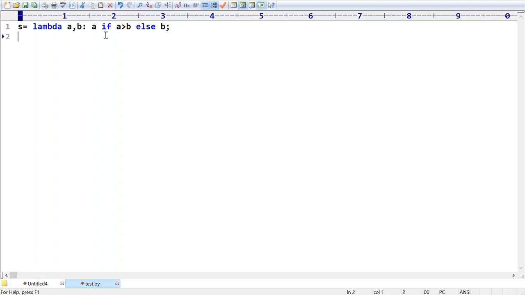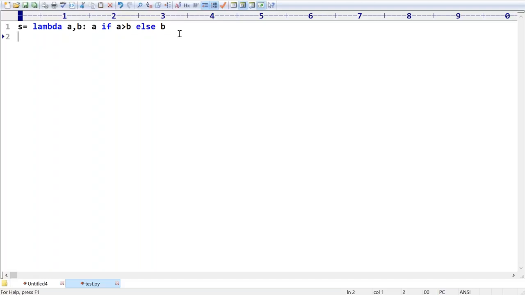What is this concept? What is this operator? Somewhere we covered a if a greater than b else b. This operation is called the ternary operator. Remember, the comprehension concept is applicable only for collections, like list, set, tuple, dictionary. Except that, you are never going to use the word comprehension. But this one is nothing but the ternary operator. First argument, second argument, and then third argument. Three operands are there. That's why it is called a ternary operator, right?